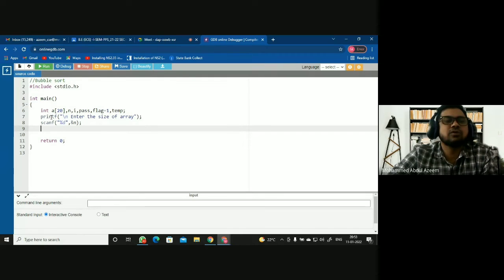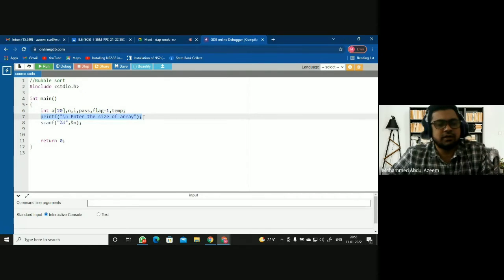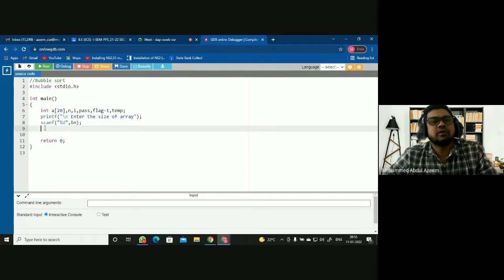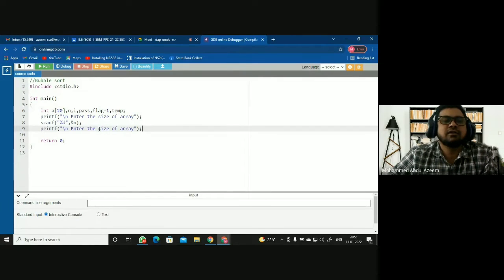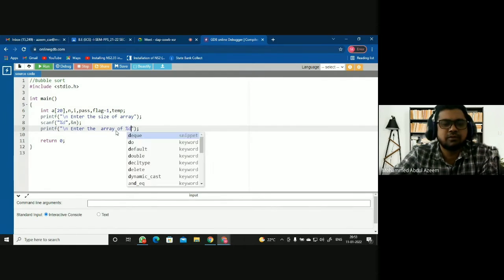Then you are going to read the array. So you need to enter the array of n size, right? Enter the array of how many elements? Of n elements, right? Of %d elements.